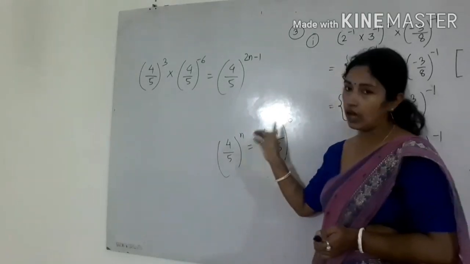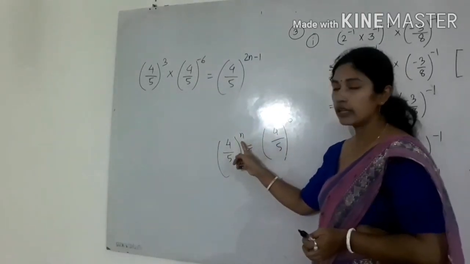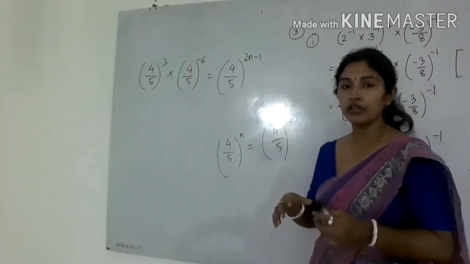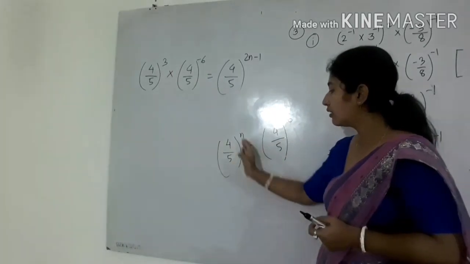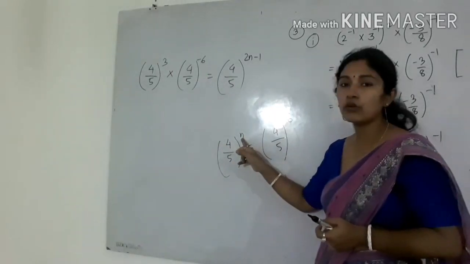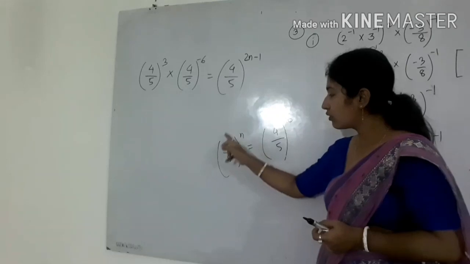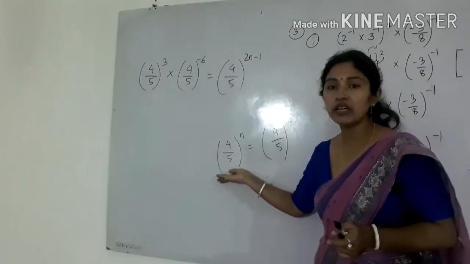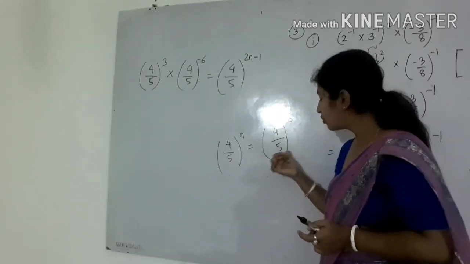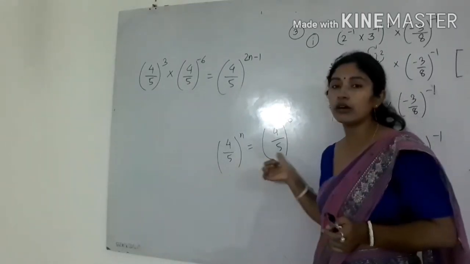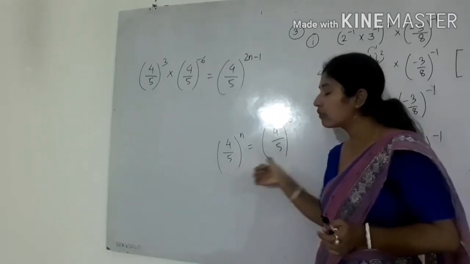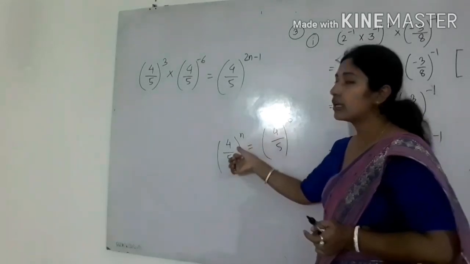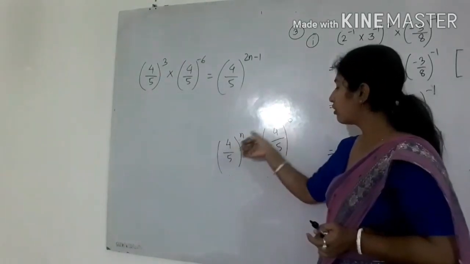6. See, if I take the value of n other than 6, what happens? Here you have to write 4 by 5 six times on the right hand side. But if I take the value of n as 7, then you will write 4 by 5 seven times. So this part will become greater than this part. So you have to equate the two terms. How to equalize the two terms? When the power gets equated to this power, the value of n is equal to what?